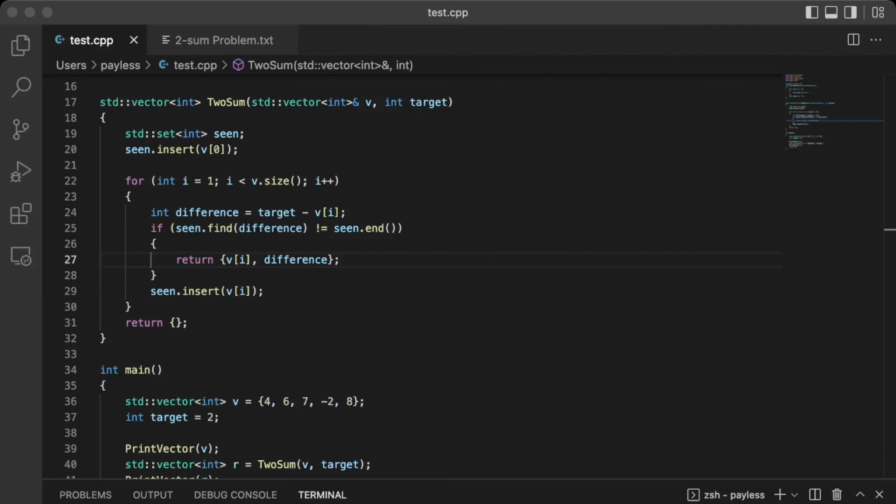Let's see the implementation of this in code. So first, we initialize a set, because in our case, our hash map can just be simplified into a set, where a set stores the integers that we've seen only once. So if we have a repeated integer, because we only need one pair as our answer, we only need to store that specific integer that we've seen once. So we initialize it with the first element that we see,